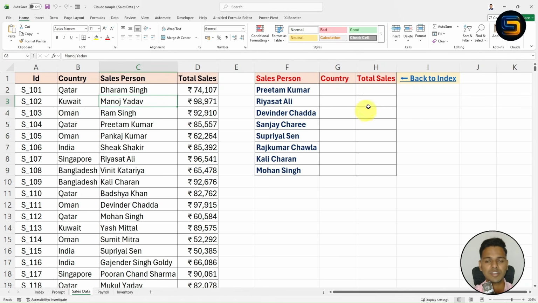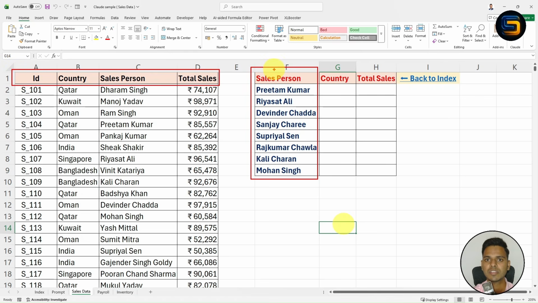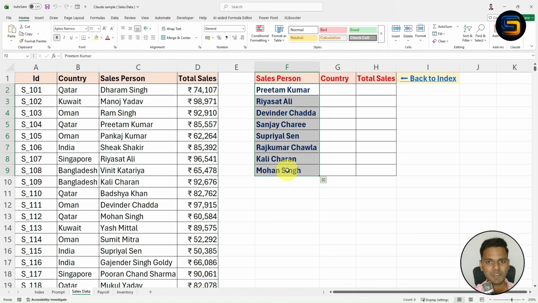Means instead of finding the country and total sales of all the salespersons, I want to fetch the details of only these particular salespersons. Let me show you with the help of the highlighter. This is the salesperson column, and inside the sales dataset it is present in the third location. If you want to find the country based on this lookup value, VLOOKUP will not work. With the help of the XLOOKUP formula, we can easily fetch the country and total sales using this lookup value. But in this case, we are not taking help of VLOOKUP and HLOOKUP.